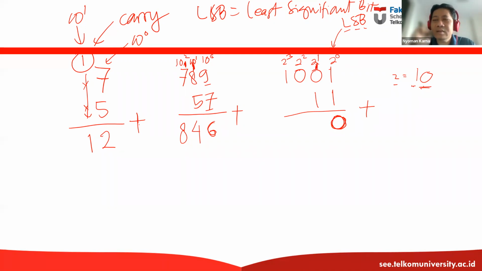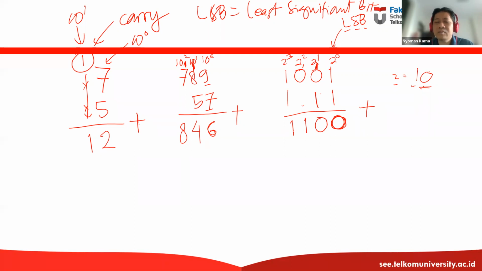Okay. Next, we move on to the next bit, which is 1 plus 1. 1 plus 1 is also 2, so 10. Now 1 plus 0, and we can assume that this one is 0. 1 plus 0 is 1, and then 1 is 1. So the result is 1100.